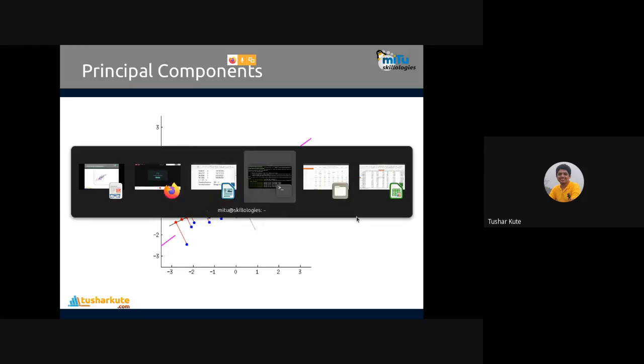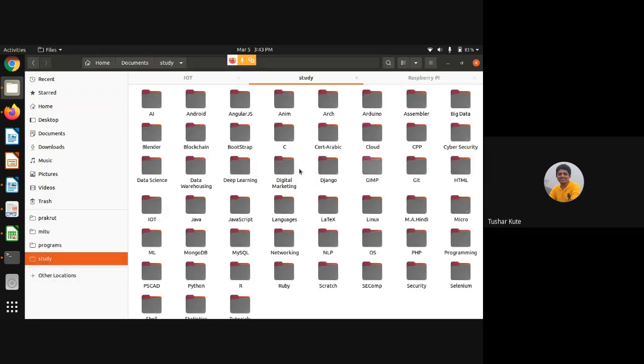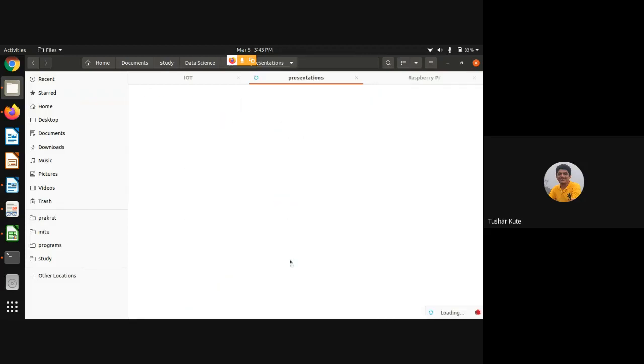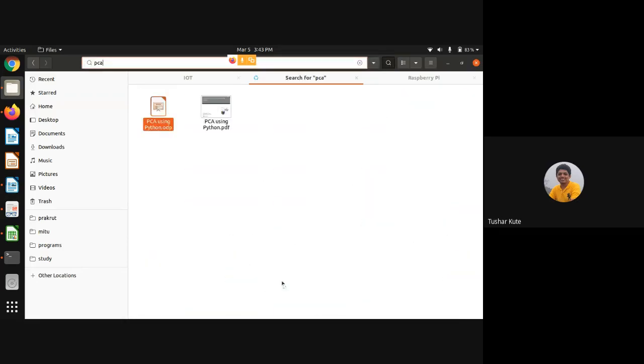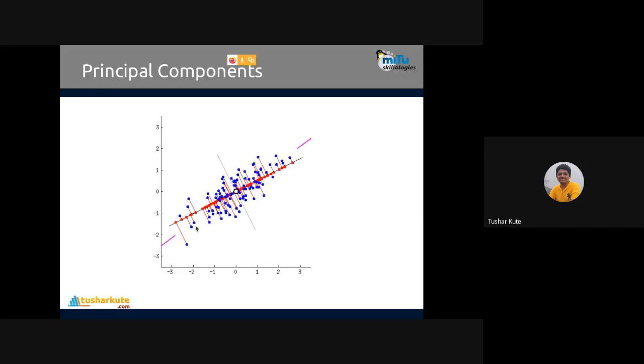Let's see that line in detail. Okay, no issues. So this line is present, and I'm just going to revolve this particular line around the third axis. This is where the principal component identifies where the highest amount of variance is present. The line is at this angle. Maybe it will change. It will revolve like that continuously.